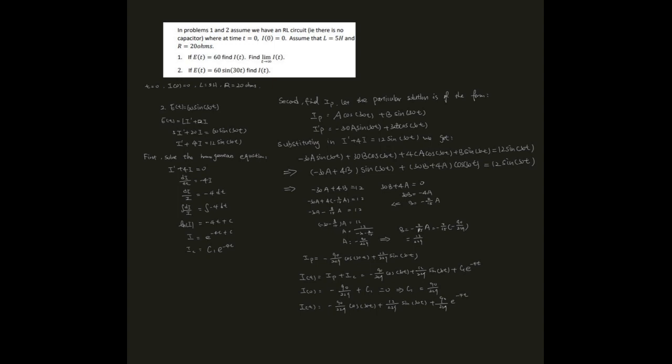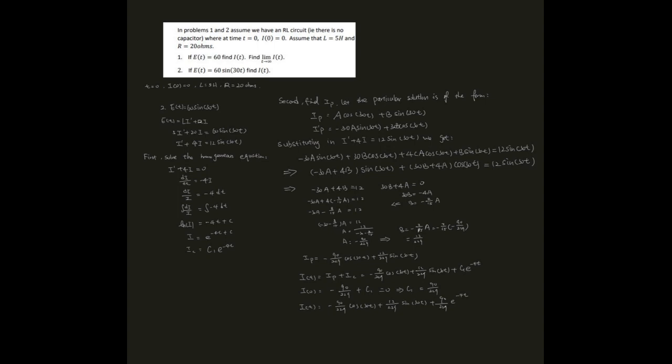And plugging back, we can have b equals 12 over 229. Now we have the equation for the particular solution: i_p is equal to negative 19 over 229 times cosine 30t plus 12 over 229 times sine 30t, and the general solution